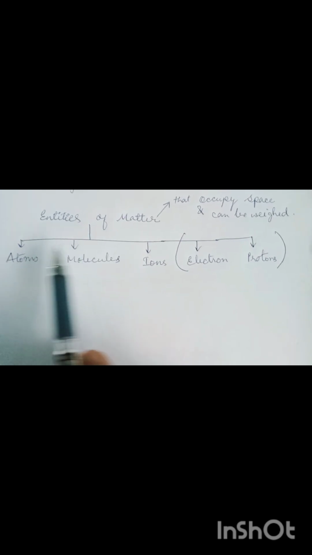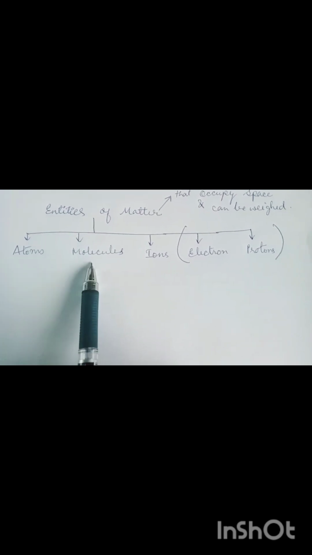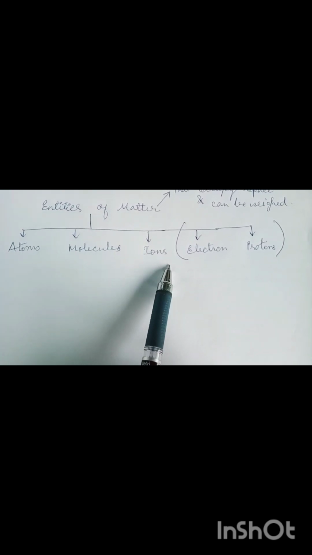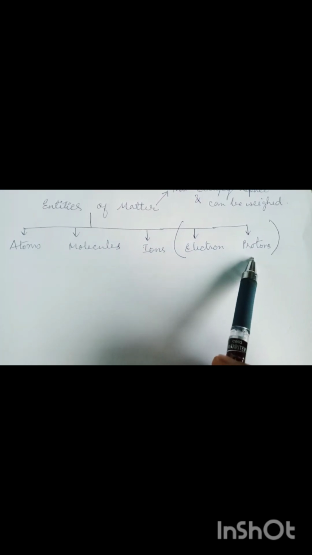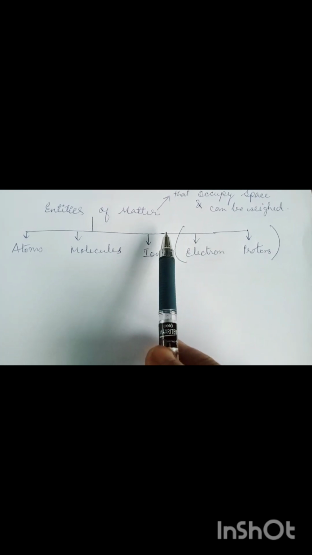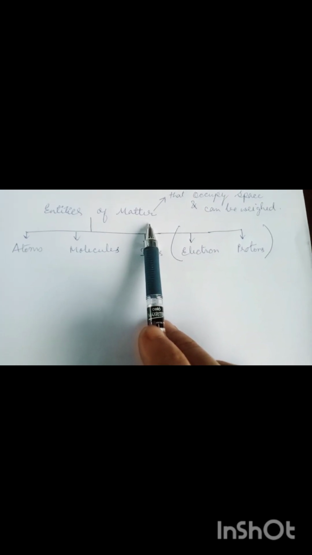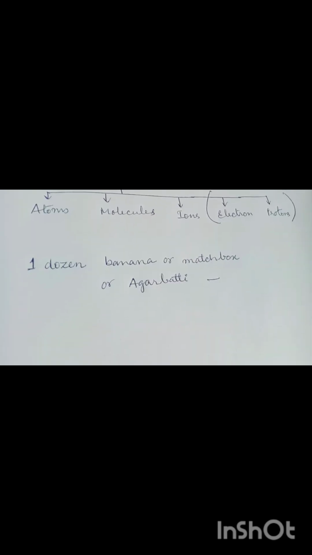There are different entities of matter such as atoms, molecules, ions, and sometimes electrons and protons. We also describe the amount of substance present in a given matter. We always come across this type of